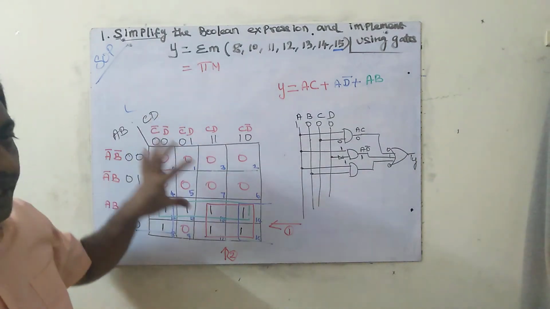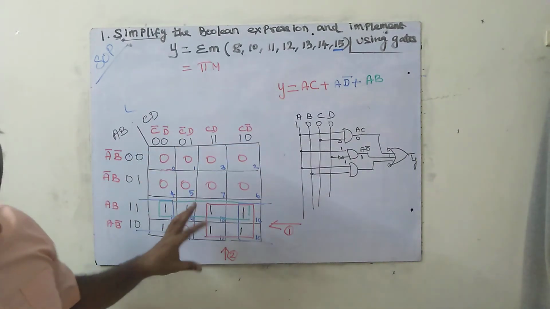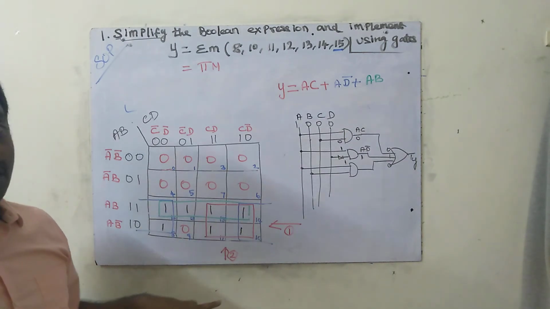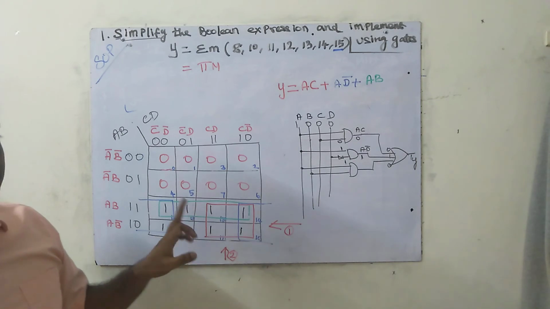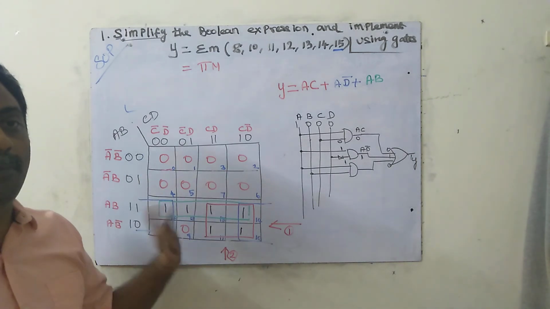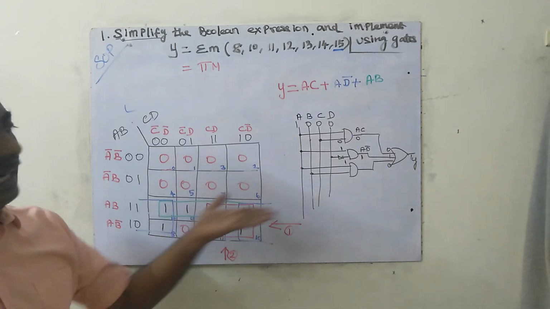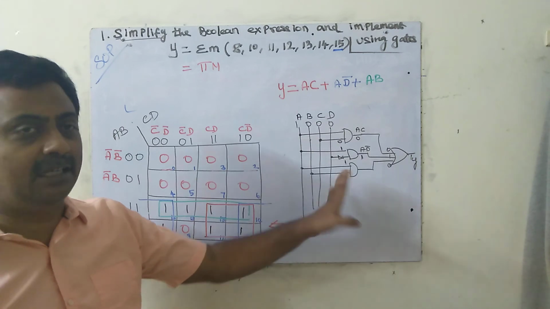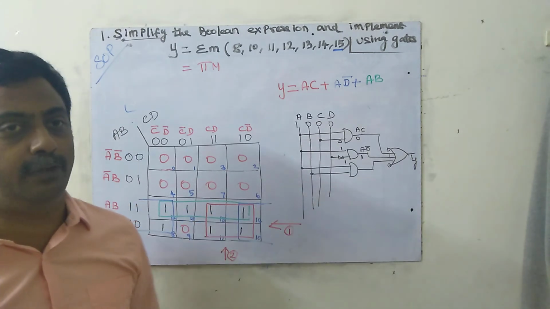After putting the map, we have to substitute all the values. After that, for the SOP method, we have to box all the ones. Then how am I boxing? I will explain. This is one problem. For the second problem, each and every problem I will explain. Since implementation is very, very simple, from here onwards we are not going to see implementation. You already know how to implement it.